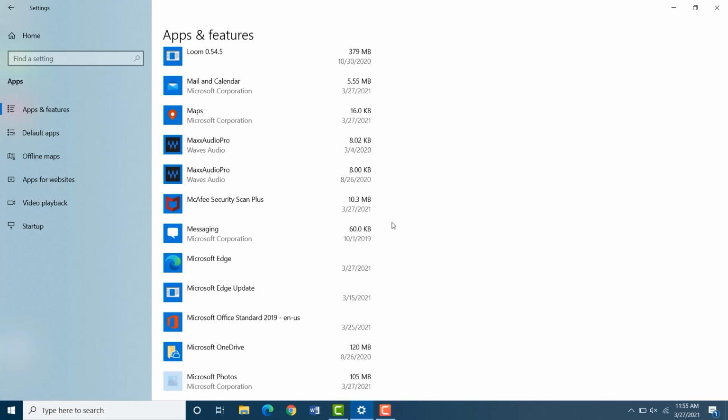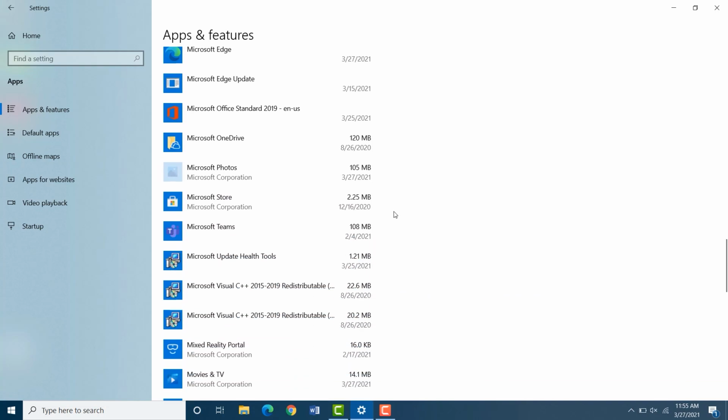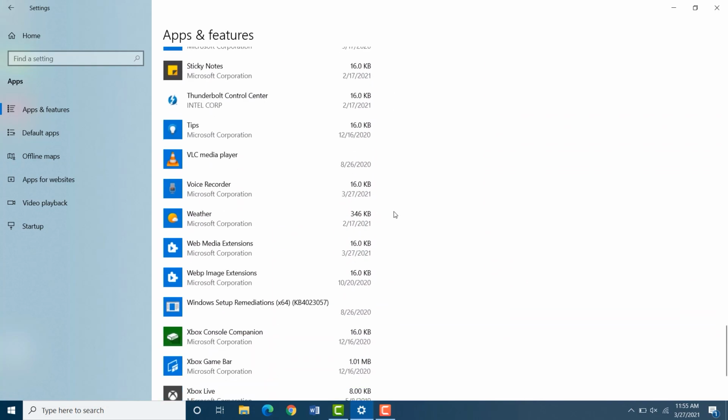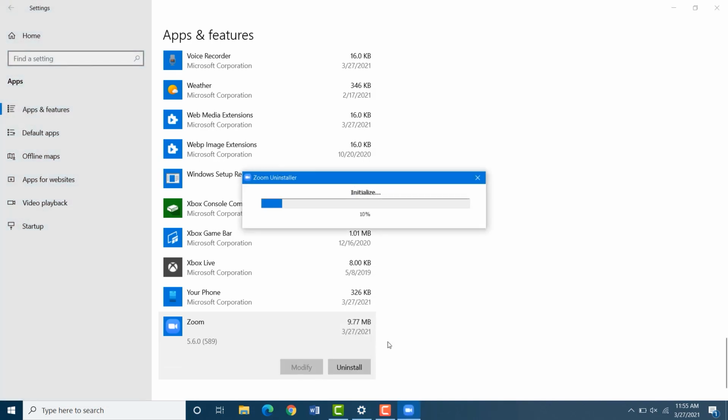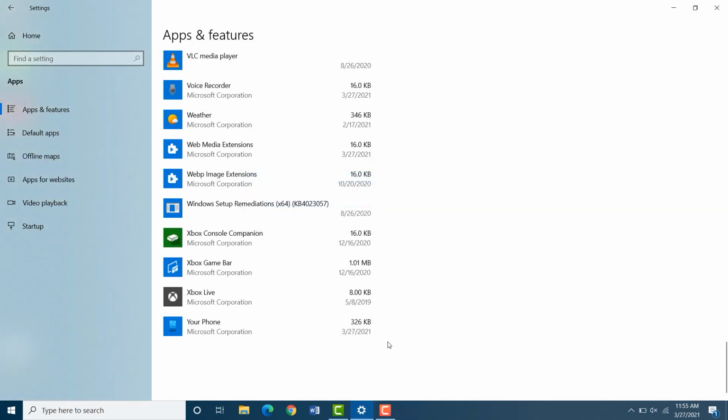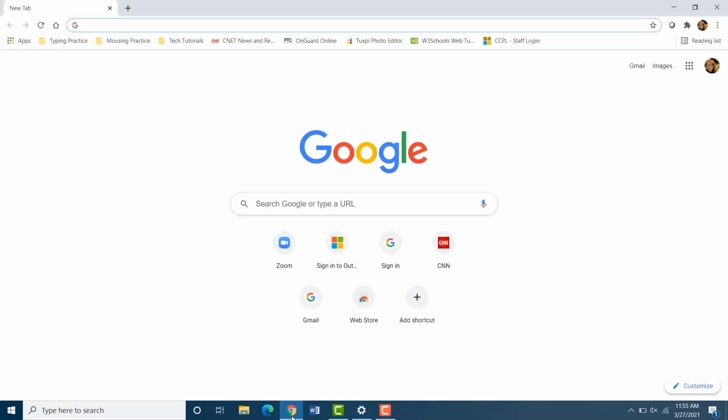Now there's some other software from McAfee here that we could try to uninstall as well, but I'm going to use another example. So if we scroll to the bottom of our alphabetical list, you'll see the very popular Zoom app. Well, I know that I could go back to Zoom's website and install this again if I choose, so I'm going to click for now and uninstall it. Again, I'll need to confirm that uninstall and wait for that progress bar to finish the uninstallation process. Just like that, Zoom is removed. But again, if I wanted to find Zoom and install it again, I simply go through my browser to Zoom's website,